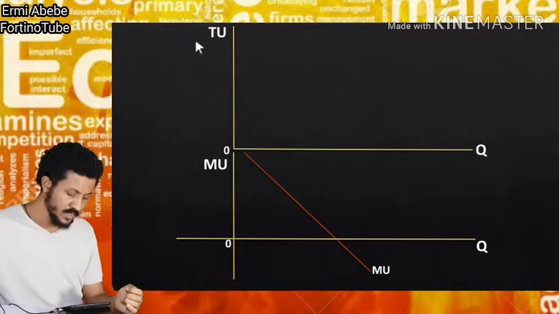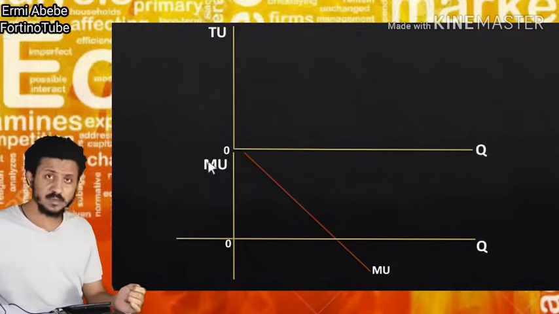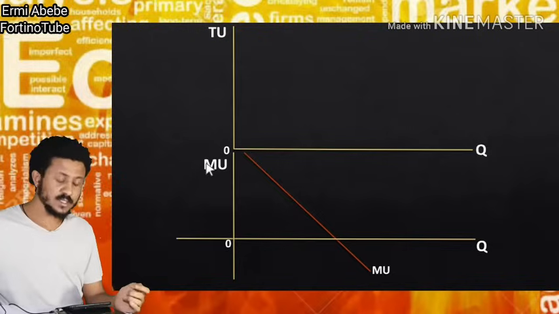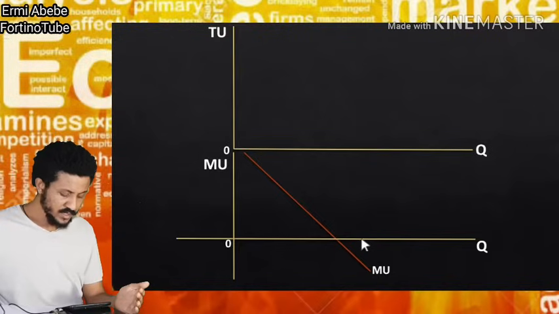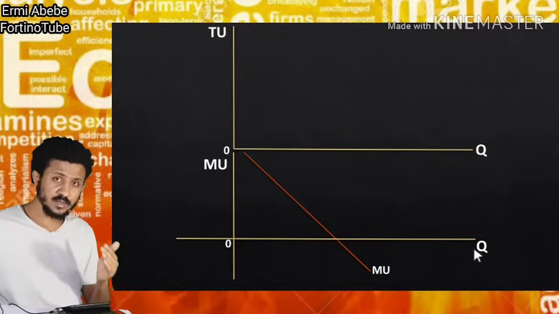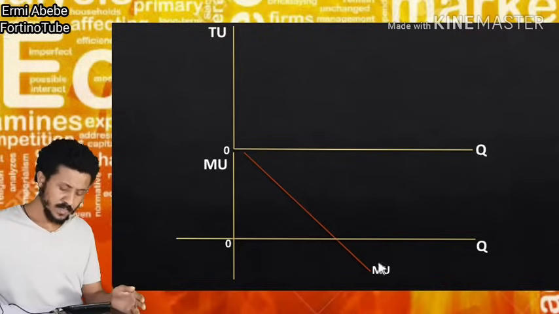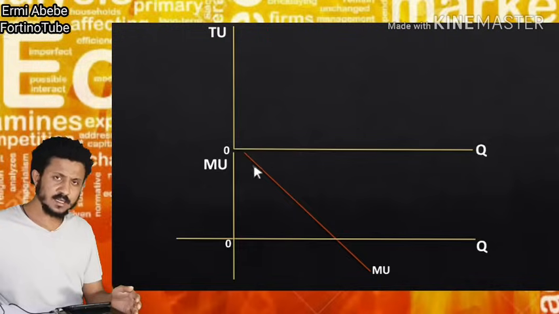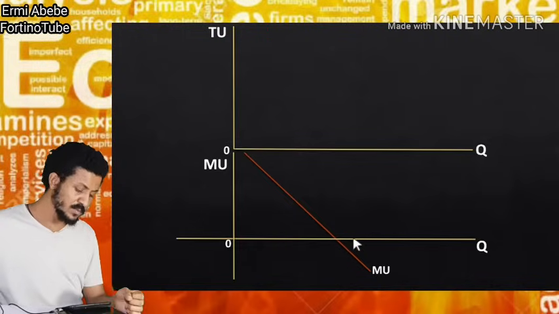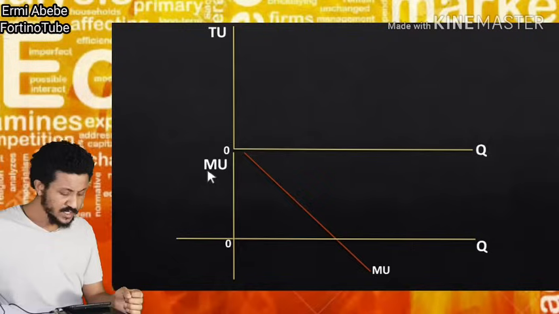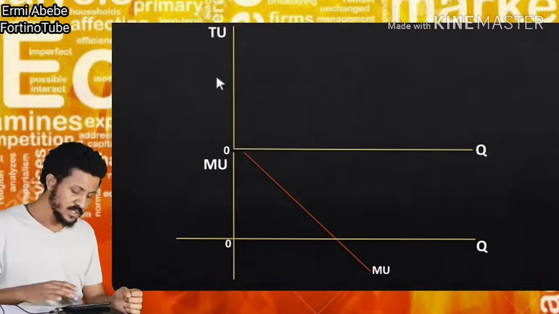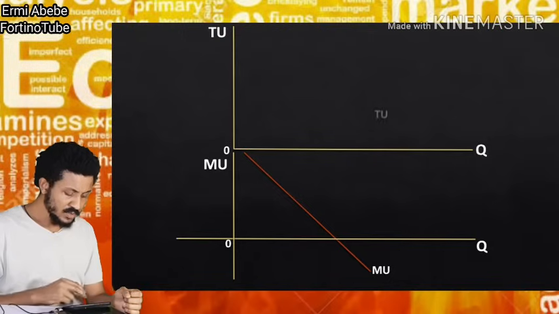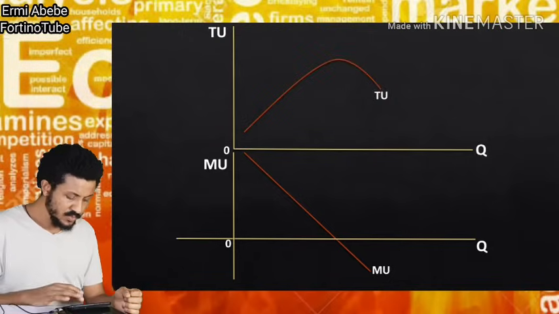Because of the law of diminishing marginal utility, marginal utility is a downward sloping curve, which means that when the quantity of consumption increases, marginal utility is a decreasing curve. And also we have seen that marginal utility is the slope of total utility, so that total utility will be